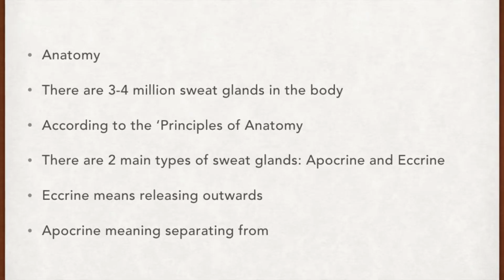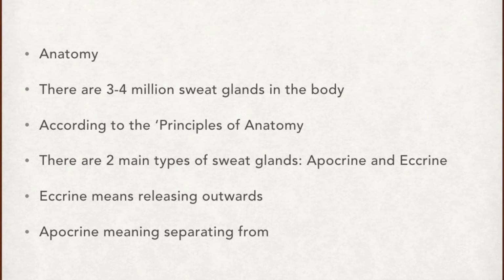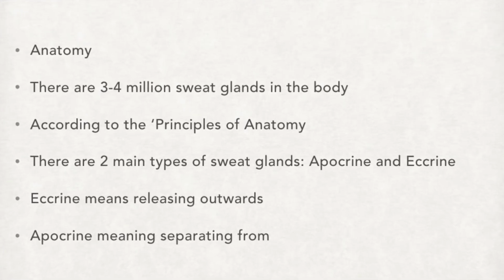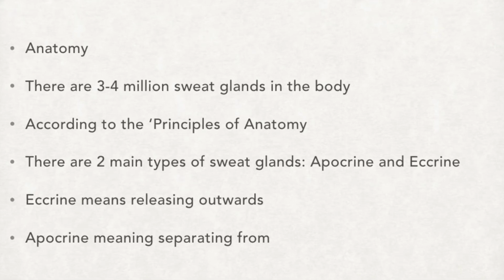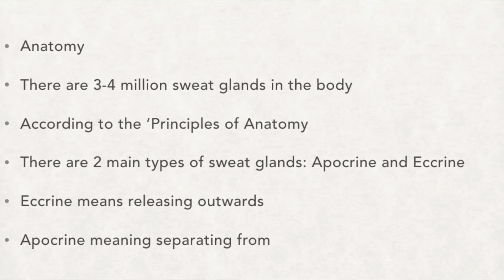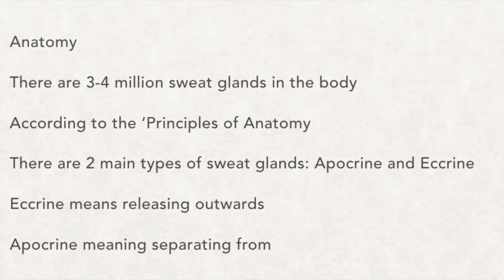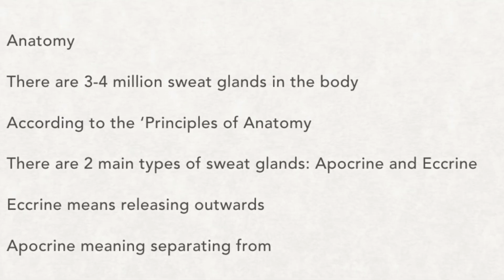Sudoriferous glands, also known as sweat glands, are split into two main types, eccrine and apocrine. Eccrine meaning that releases outwards, apocrine meaning separating from. According to the Principles of Anatomy and Physiology, sweat glands are glands that have cells to discharge sweat through areas such as hair follicles or pores onto the exterior of the skin, and there are 3 to 4 million sweat